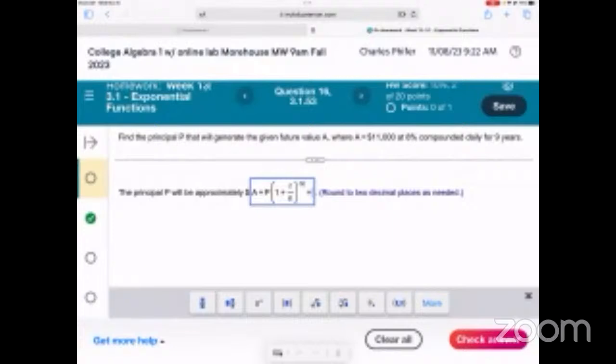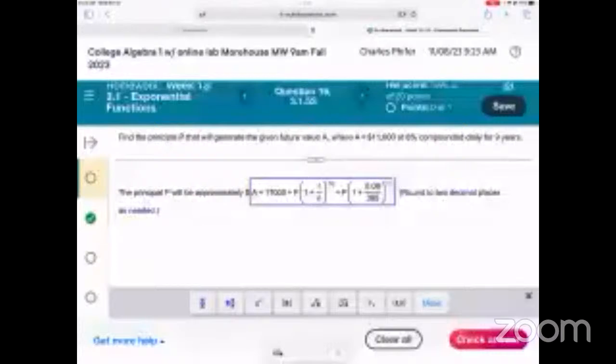Yeah, I mean, we can keep going. So here, 11,000 is really over here. Okay. So then on the right-hand side, now we're trying to solve for P, so I'm going to leave that. And then we're going to have what? 1 plus the rate, which is 0.08 divided by the compounding. If it's compounded daily, N is 365 times